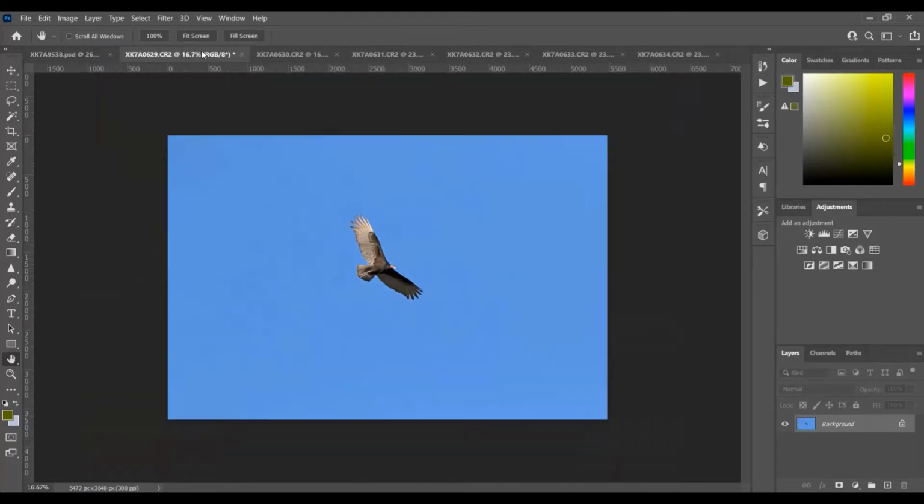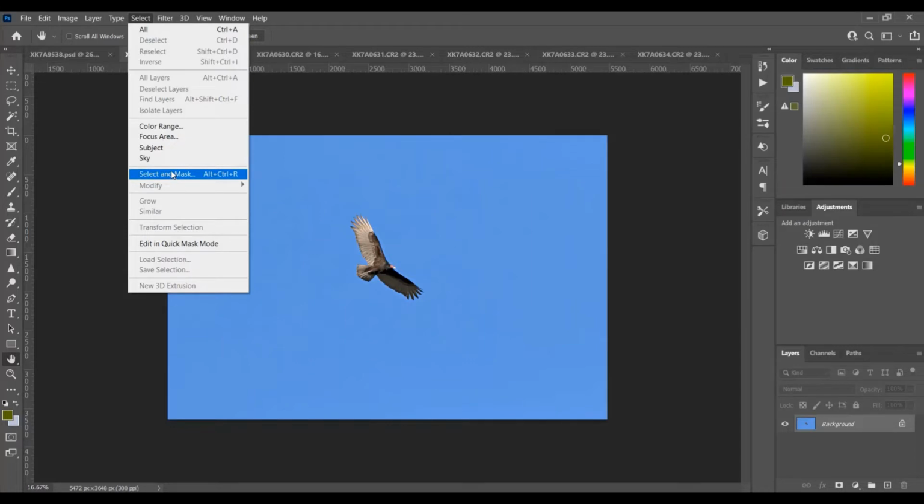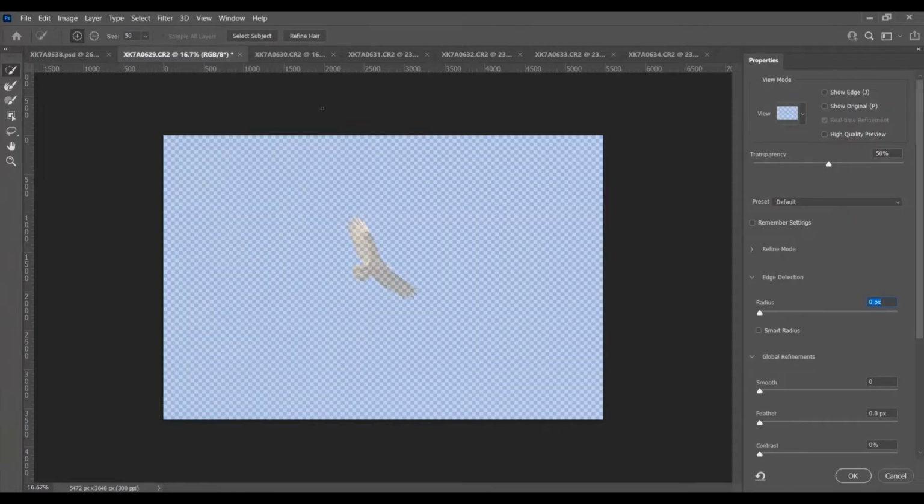The first thing is to open the image and go to Select and Mask. The onion skin screen will be there. The simple thing to do is Select Subject. This will select the vulture. Normally the AI, the artificial intelligence of Photoshop, does a good job.